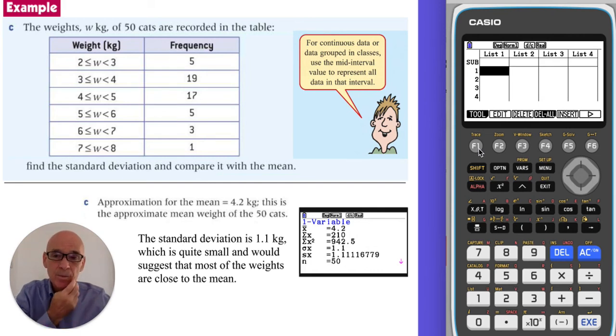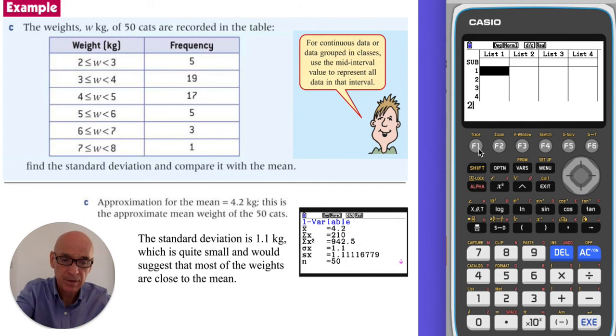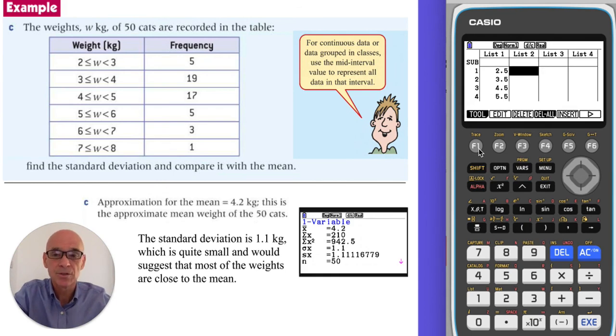So list 1 will be the mid values, so that will be 2.5, 3.5, 4.5, 5.5, 6.5 and 7.5, and then tab it across to list 2, where we enter the frequencies,